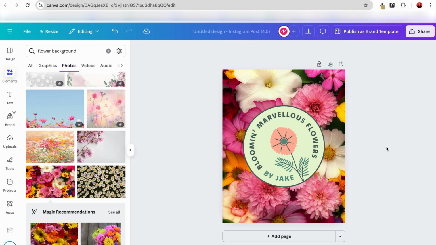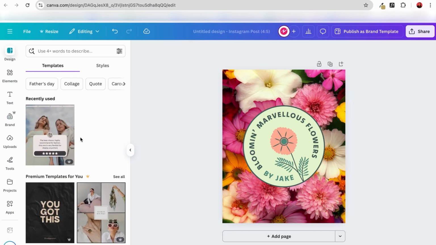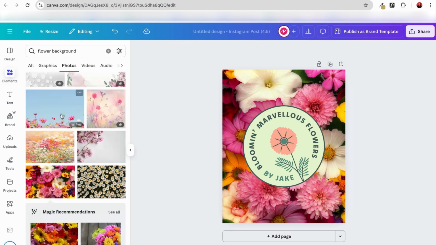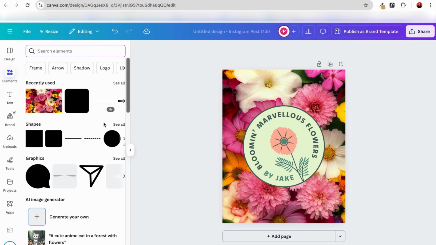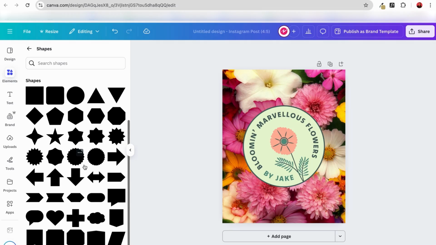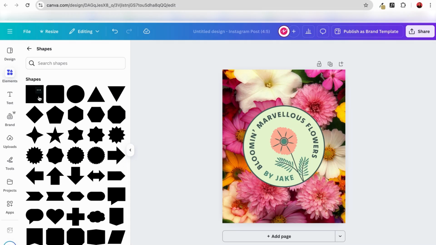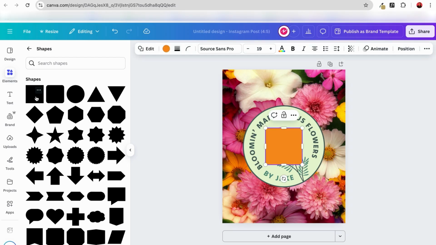The next thing that we want to do is add in a bit of a shape, and we're going to look at colours and shapes as well. So if we go into the Design tab at the top, back into the Elements tab, and we need to get rid of our flower background, and navigate to shapes. So there's lots of different shapes. You can click see all. It then opens up a bigger menu of shapes. We're going to just take a simple square shape, and we're going to click that square, and it has added